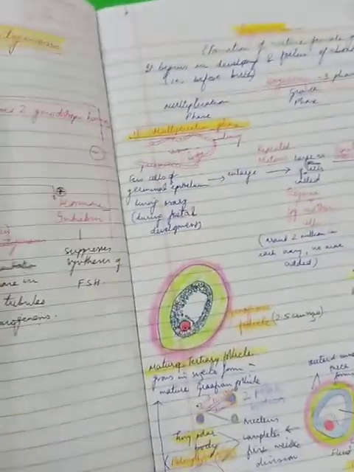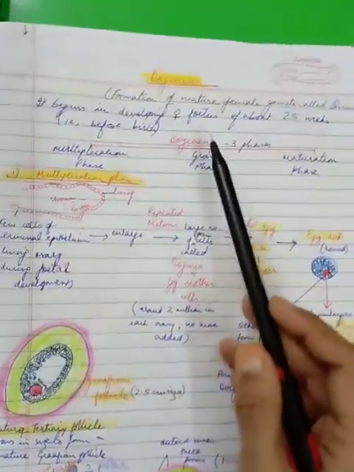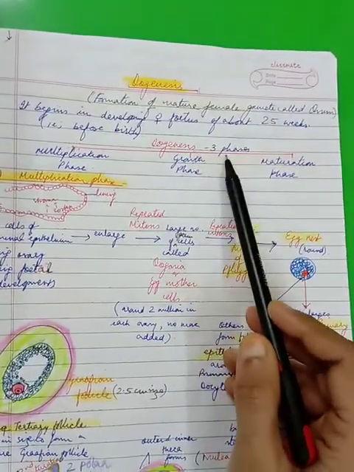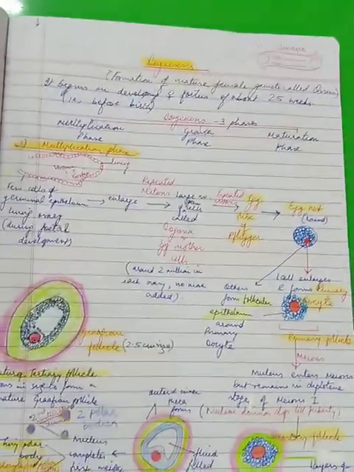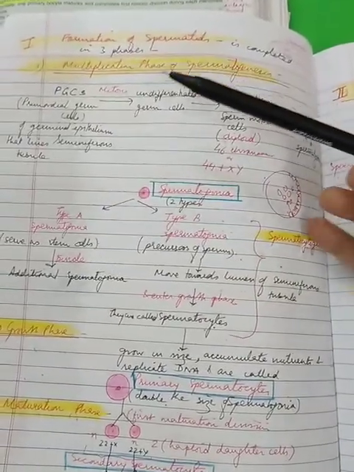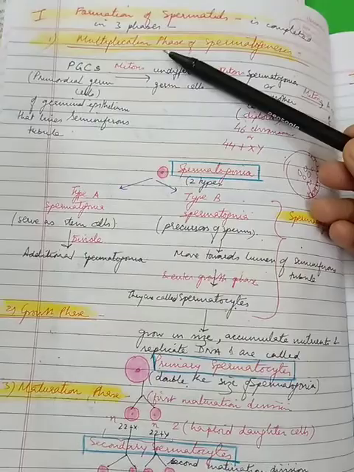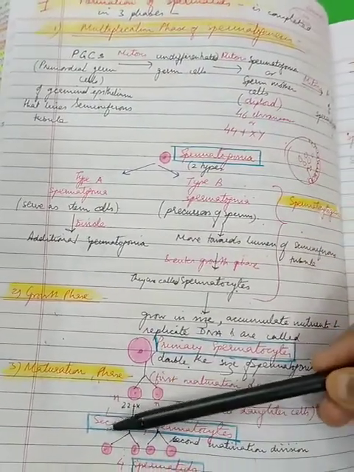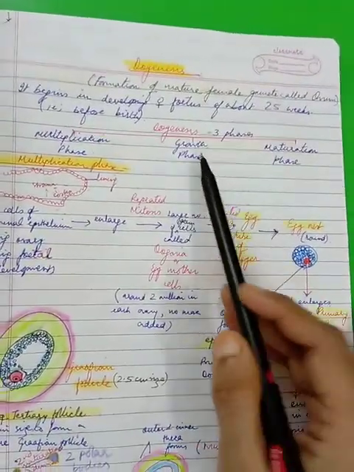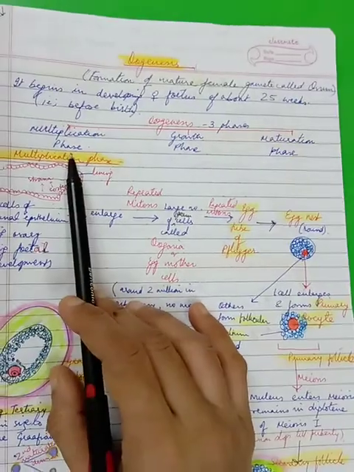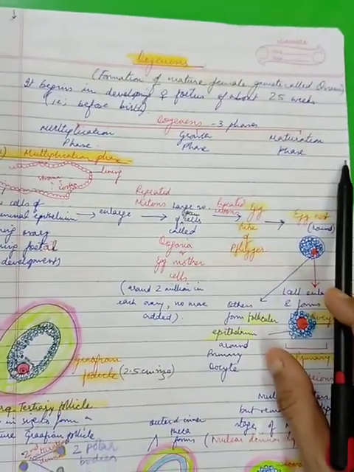All right. So we are starting with the process of oogenesis. In your textbooks, this is given at page number 112. So let us see how this begins. First, let me tell you oogenesis, just like spermatogenesis, is in three phases. In the previous part, you saw spermatogenesis forming under multiplication, growth, and maturation phases. Same way here, oogenesis also occurs in three phases: multiplication, growth, and maturation.